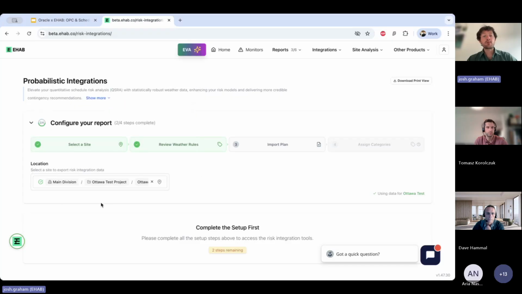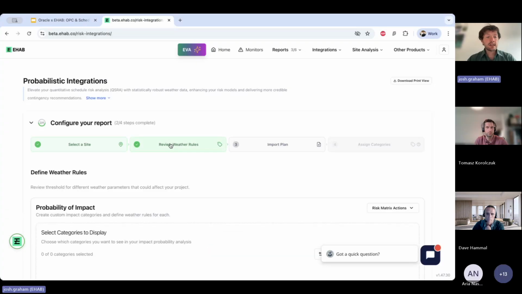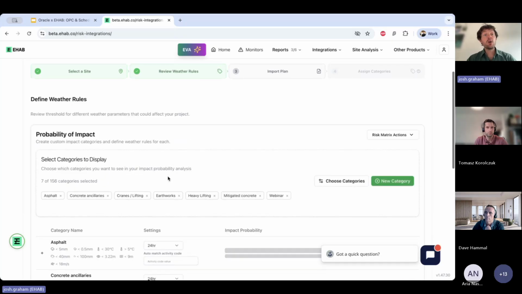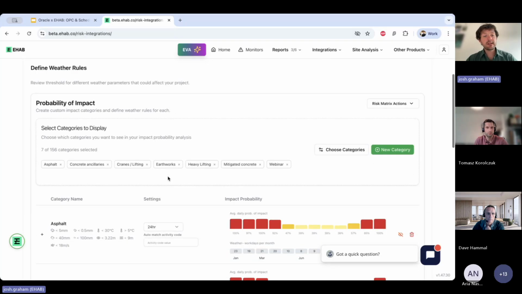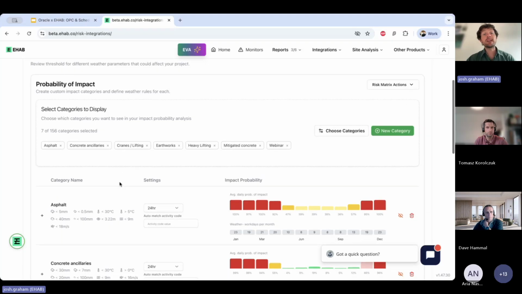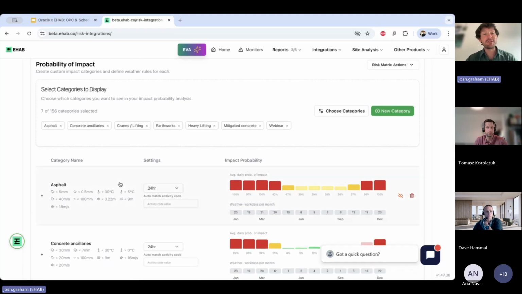When I select this project, it actually creates a data set in the back end of the system with 50 years of historic data. That is for wind, rain, temperature, snowfall. We're actually just about to launch over 130 variables. So that includes river discharge, soil moisture, wind at heights. Quite a lot of different things that you could now start to model.